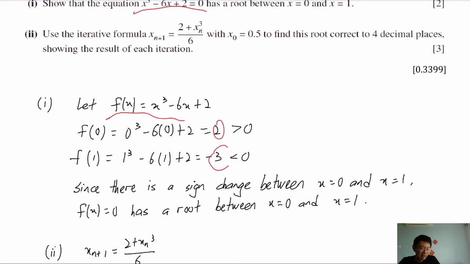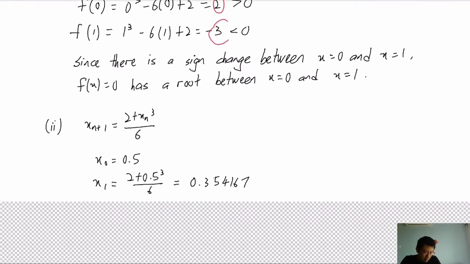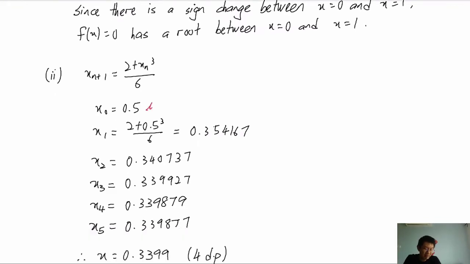For the second part, we are already given the iterative formula with the initial value as well. So to find this root, correct to 4 decimal places, showing the result of each iteration. Since the iterative formula is already given, we just apply it from there. The initial value is x naught equals 0.5. And when we want to calculate the next value, which in this case is x1,